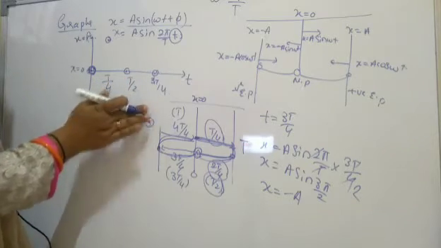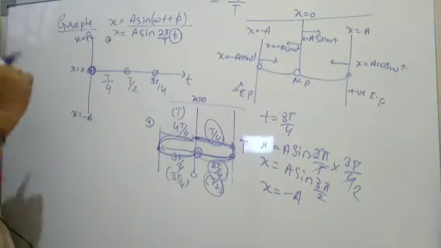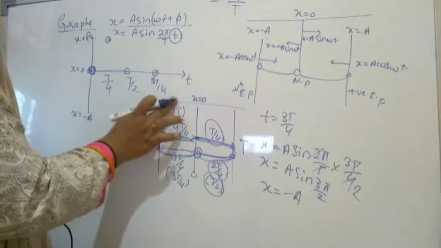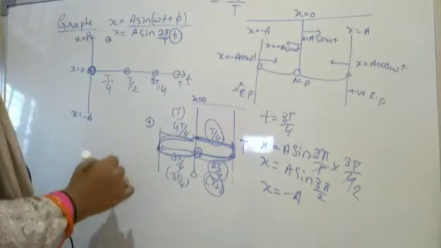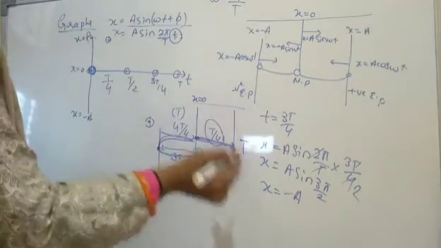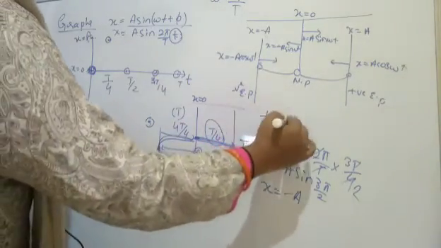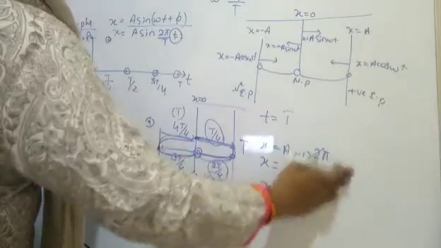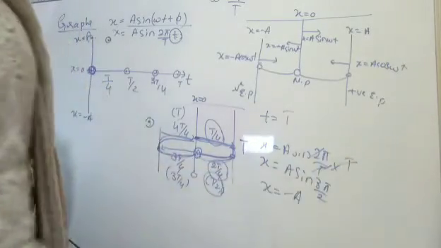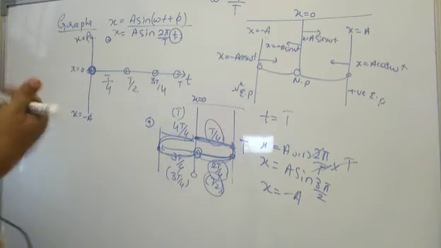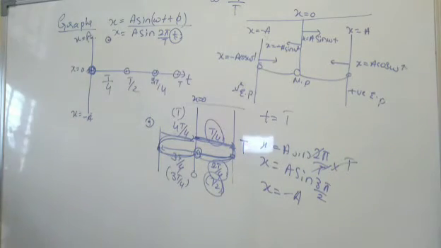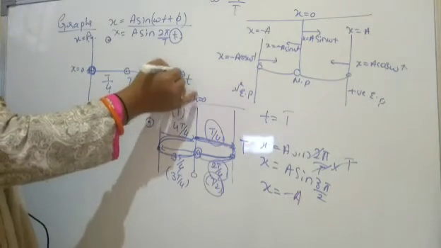So negative extreme position. Are you following, girls? Next point will be total time period. Where am I getting total time period? Put t is equal to T here. So what are you getting? You are getting T only. T cancels, remains with the 2 pi. When pi itself is 0, then sine 360 degree is also 0 only. So it is also 0 only.